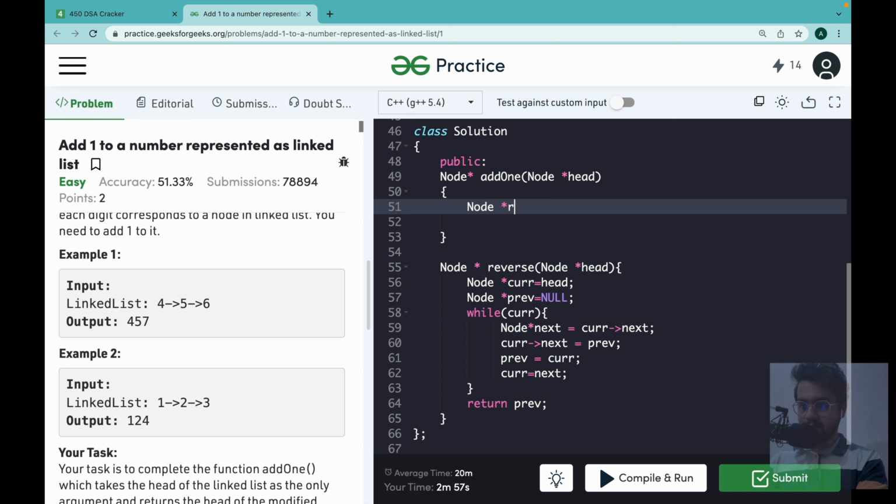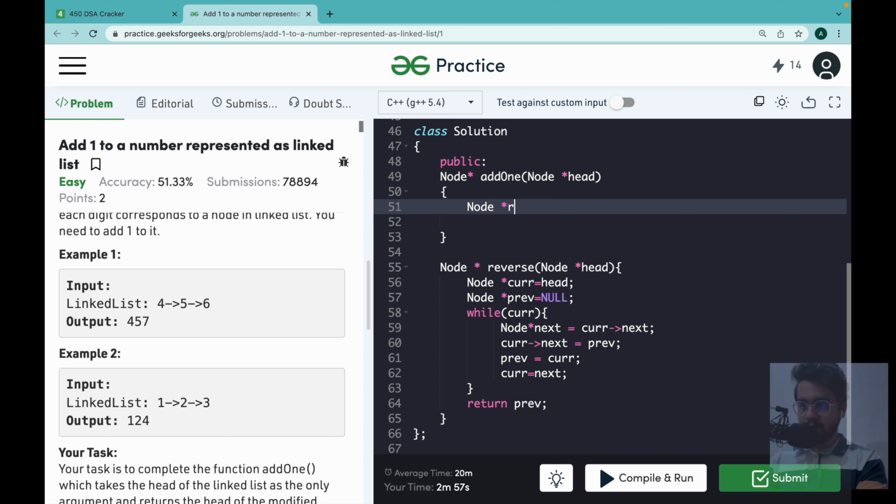For the first case we are going to check. So what we want is runner data is equal to runner data plus 1.